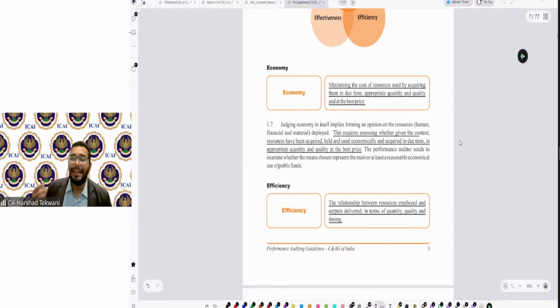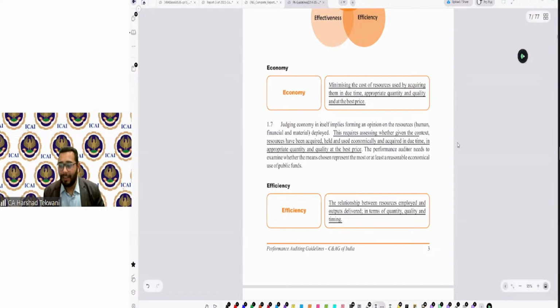Appropriate quantity: if I'm acquiring fewer resources than required, then I might have to incur freight cost and transportation cost multiple times, or there could be a delay in receiving the required quantity to complete the project. If there is a delay, then you might pay a higher interest cost on the project, or there could be some other negative side of the delays on the project.